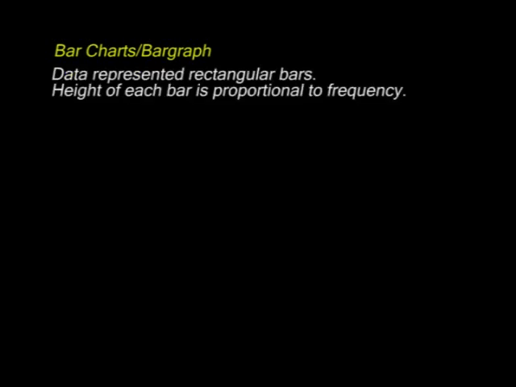The next type of data presentation is using a bar graph or a bar chart. The bar chart consists of rectangular bars, each bar representing one item. The height of the bar is proportional to the frequency of the item being represented. Now we shall represent the same information on a bar graph. In this case we shall not need to calculate the angles. The width of the bar is also equal.